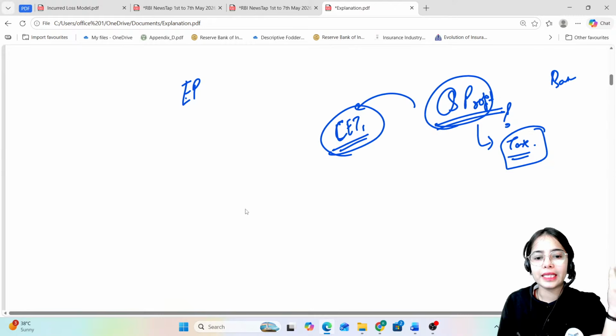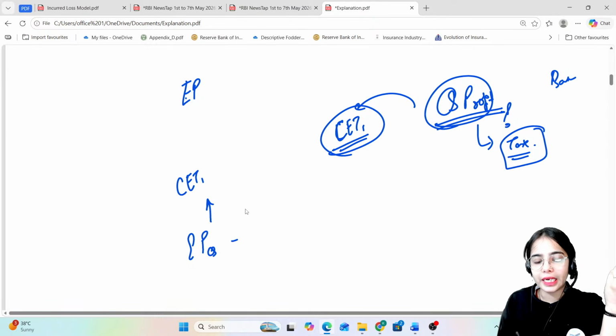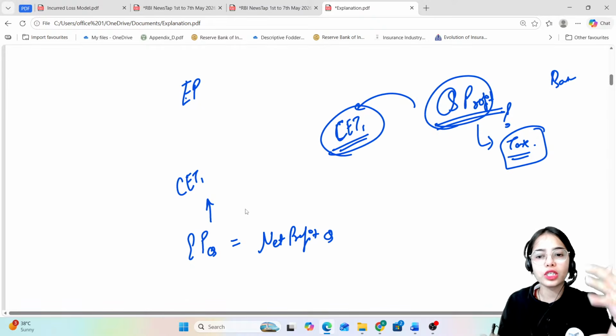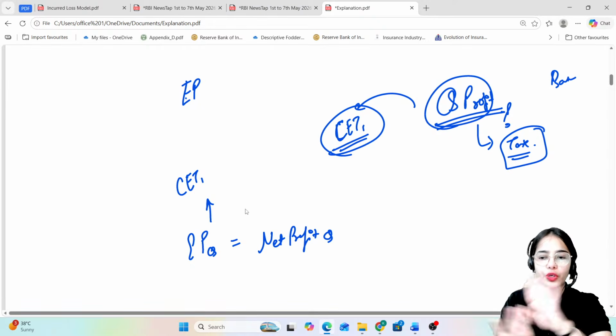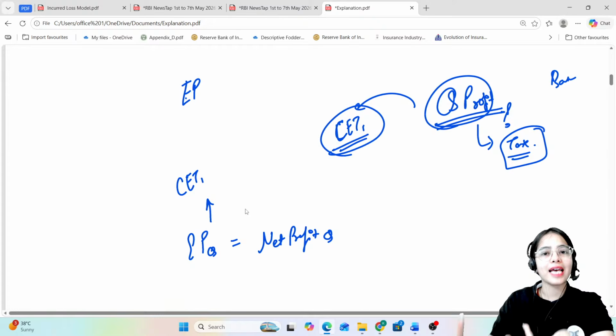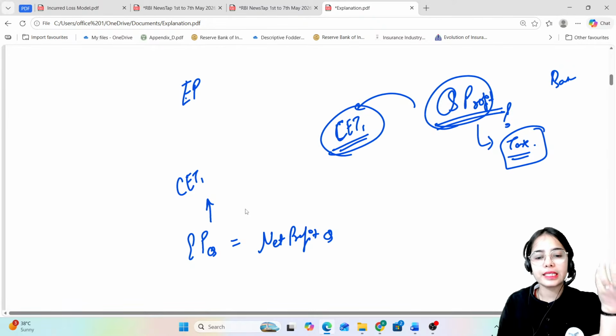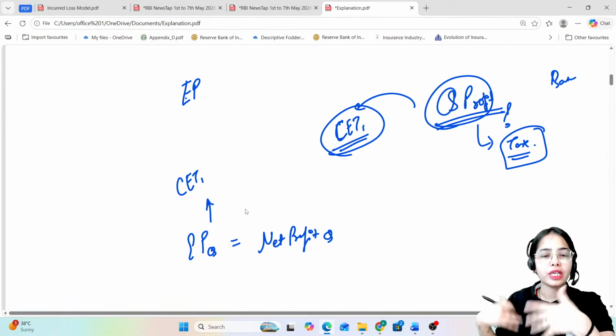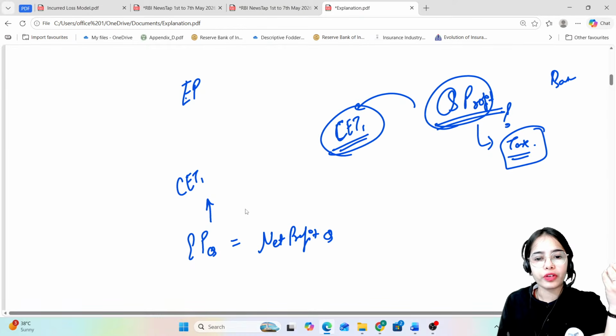So that means the eligible profit of the quarter that can be added in the common equity tier 1 capital comes from the net profit. From the net profit of the quarter, not the whole quarterly profit. From the quarterly profit, tax has to be paid. So after deducting the tax amount that has to be paid, we come to the net profit of the quarter.